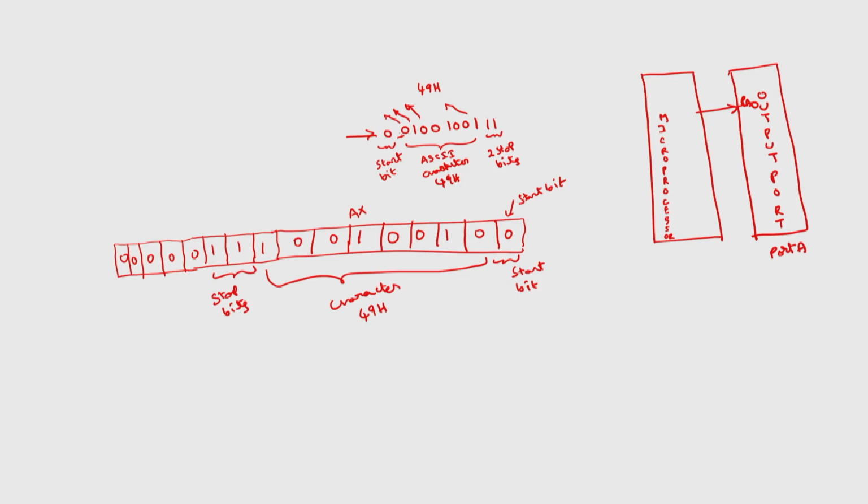So, what is the hexadecimal equivalent of this? This is 0000 which is 0, then 0111 is 7, and this one is 2, and this one is 4. So, 0724H. First I have to program this output port A as output port. Let us say the address of port A is FCH, then the control register will be FFH.